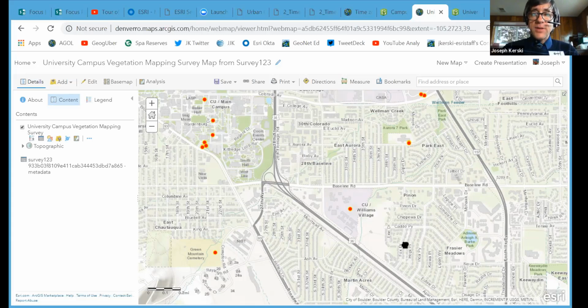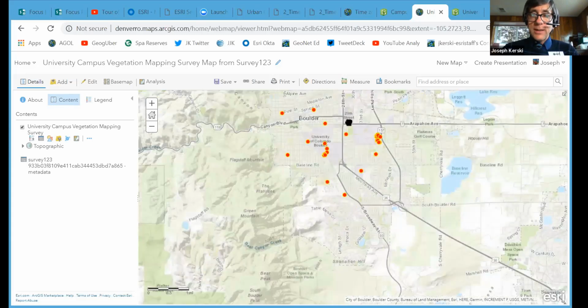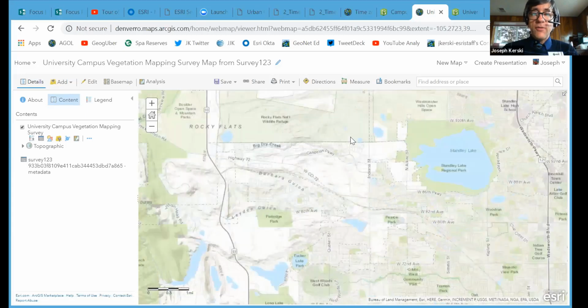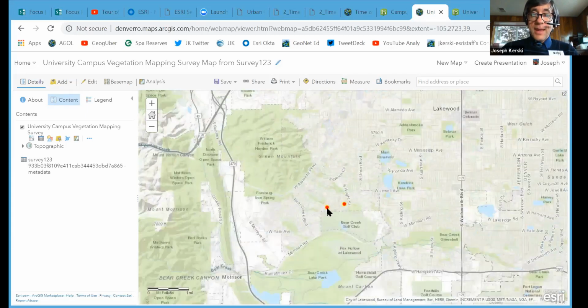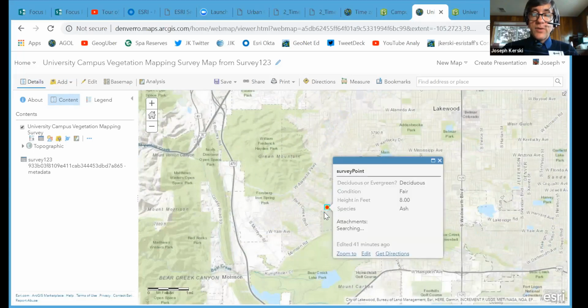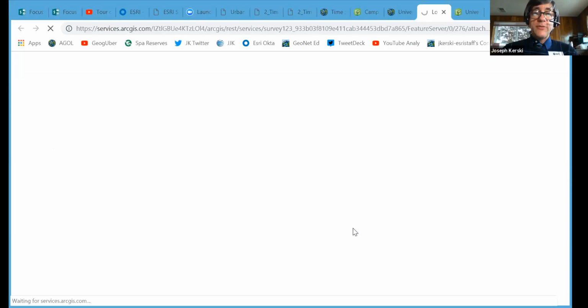If I pan the map to the south, and if I zoom out a little bit, I'll show you that I wasn't just slacking off while you guys were working. I collected a point too. And my point is right here, just south of Boulder, down in West Denver. And so I'm going to pull up my point, and here's my photo. It's not very exciting, but